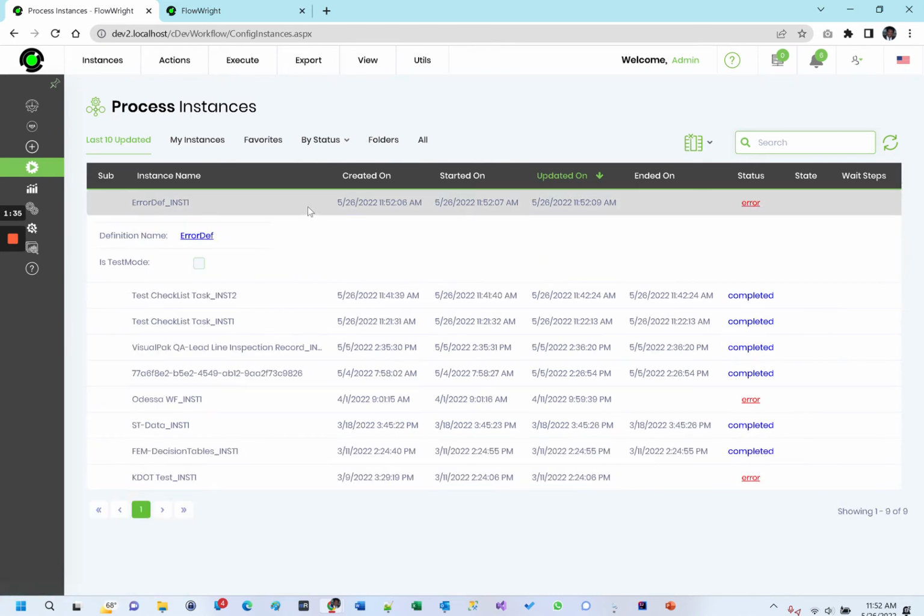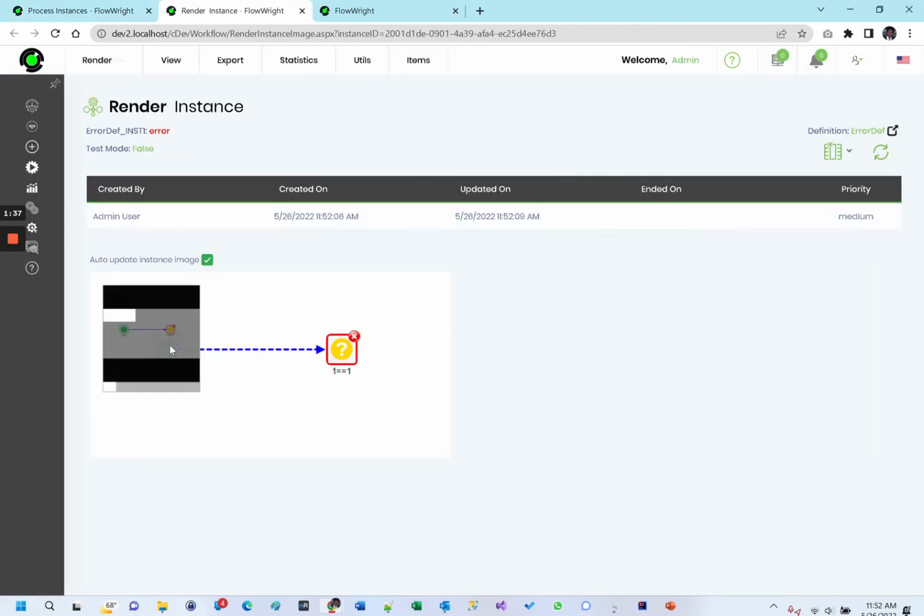The status is error, and you can see that the decision step went into error, so it made the whole instance go into error. Okay. So in this case, you can see if there's any step within your workflow that goes into an error, then the whole process instance will go into error status. You can of course fix that error and continue, but before we do that, let's see how we handle error